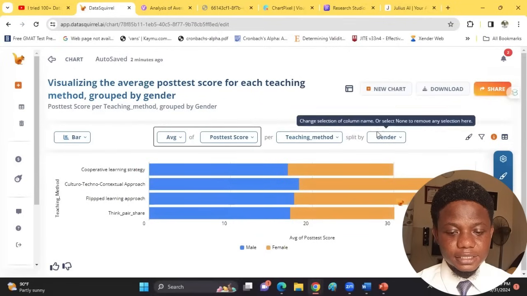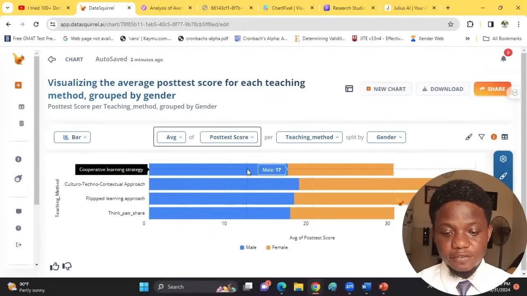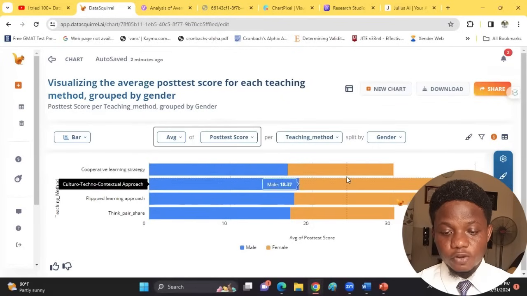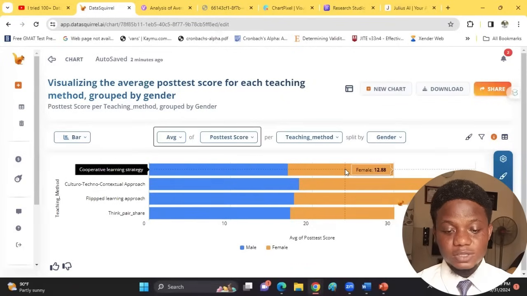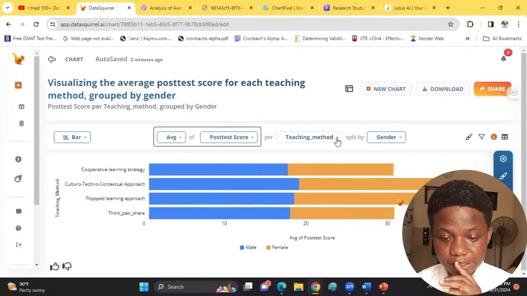Okay, the machine is splitting the data based on the teaching methods by gender, giving us the mean score. For example, it's saying that the mean score for male students in the cooperative learning group is 17, while the mean score for the female students is 12. Automatically, we'll be saying that the male students seem to outperform the female students. But should you not want it this way, you can say, okay, let this be